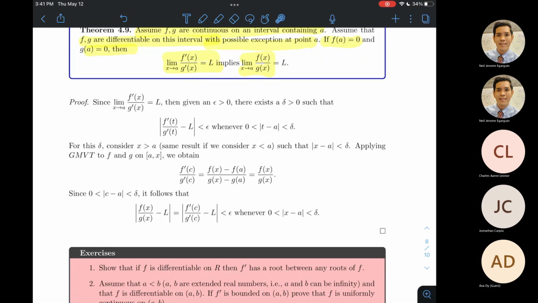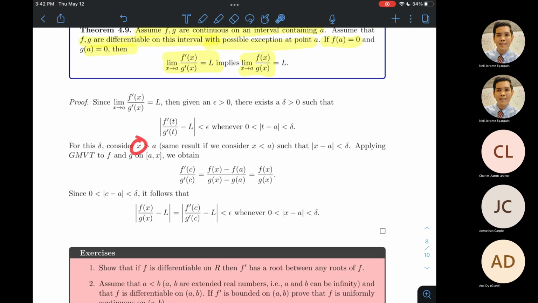So, kahit na anong number t na nasa delta neighborhood ni A, laging yung f prime of t over g prime of t ay nasa epsilon neighborhood ni L. Okay? So, basically, these two lines, ginamit ko lang yung definition ng limit ng f prime over g prime. Okay? Now, ang gagawin ko ngayon, dito sa specific delta na ginamit natin dun sa epsilon na given, magko-consider ako